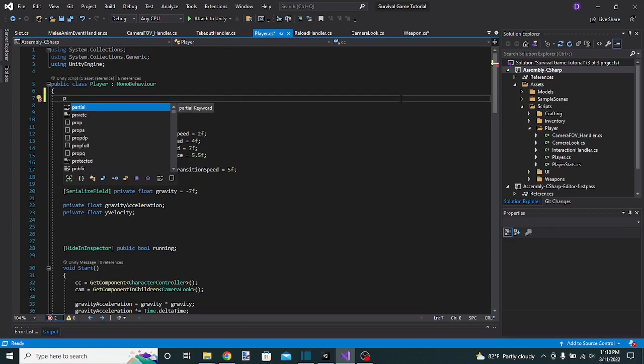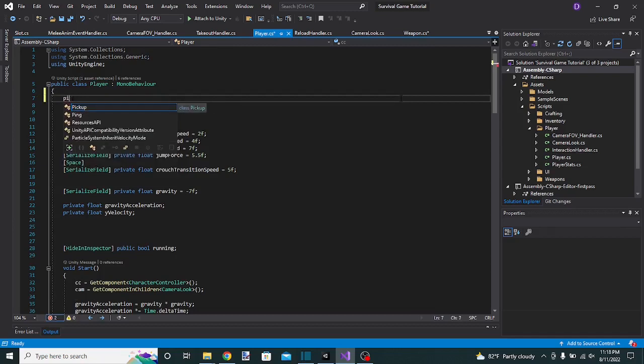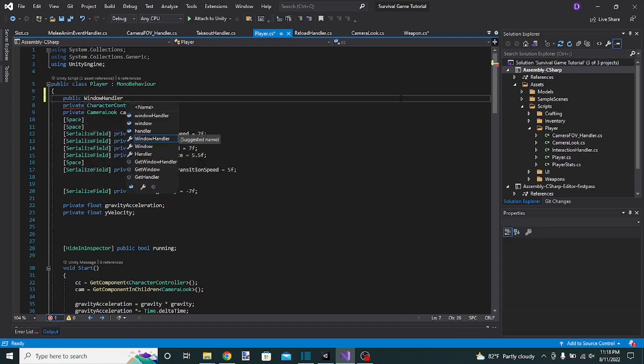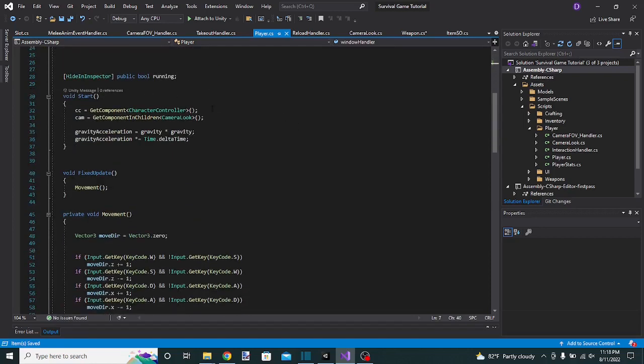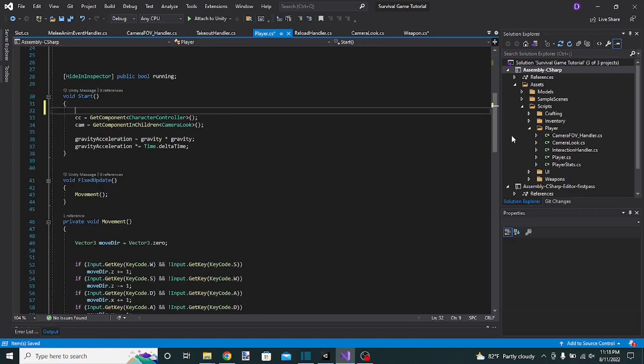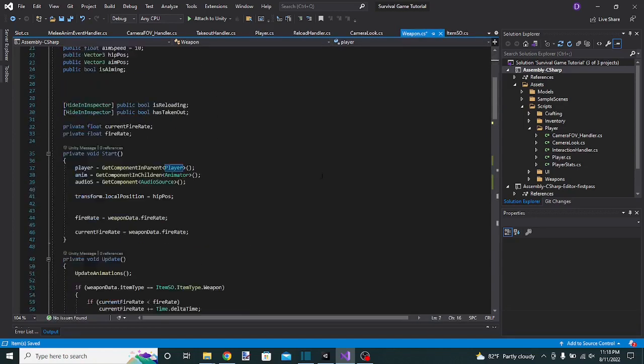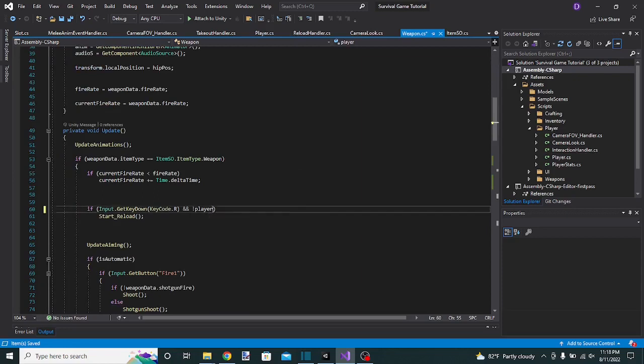public WindowHandler, and just call it windowHandler. Then we're going to do over here windowHandler equals GetComponent WindowHandler, and that's it for this. So let's go back to our weapon script and over here do and not player.windowHandler.inventory.open,